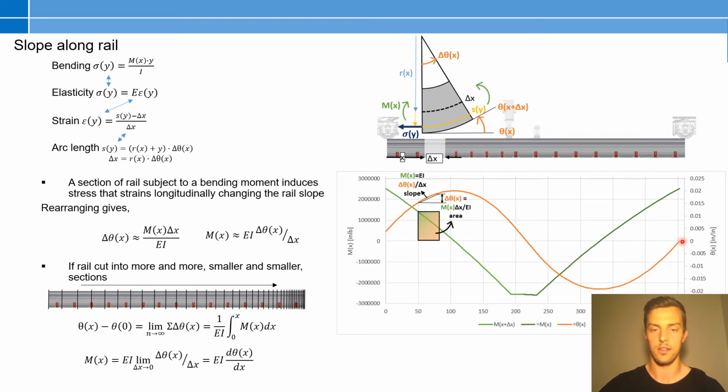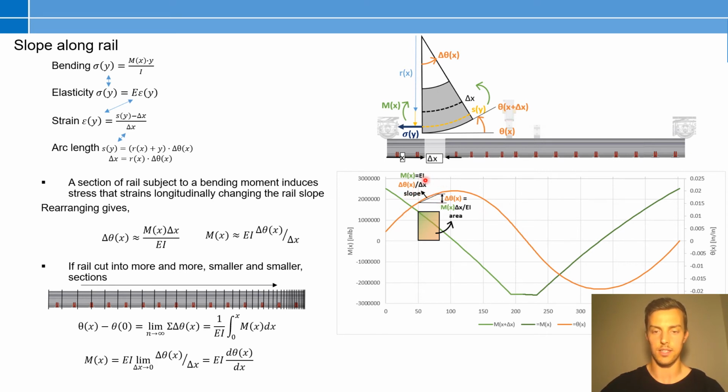And after just a little bit of algebra manipulating all this, we can come to the conclusion that the product of the moment and the small change in length divided by the rigidity, which is dependent on the physical properties of the material and cross section, will directly change the slope,